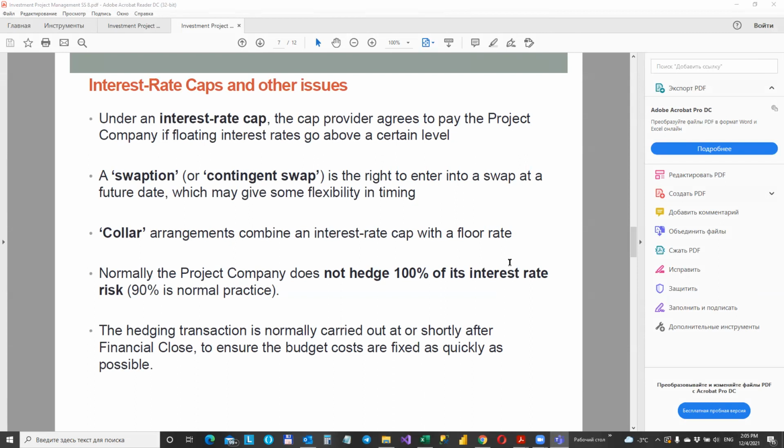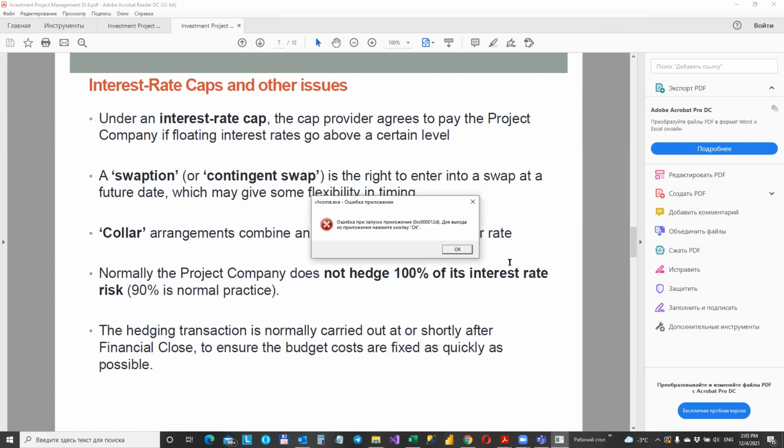We have collar arrangements that combine an interest rate cap with a floor rate. That is, the maximum rate is fixed with the cap as above, while if the floating rate goes below a floor rate, say of 2%, the project company pays the difference to the provider. Interest rate collars may be done at no cost, that is, without a front-end fee, because the cost of the cap is offset by the fee received from selling the floor rate. However, the taker of the floor rate has a credit risk on a project company, albeit usually a lower level of risk than for the interest provider. And we have the issues of scale and timing of the interest rate hedging. At the time of arranging the financing,